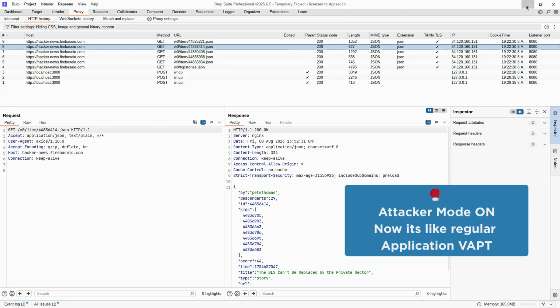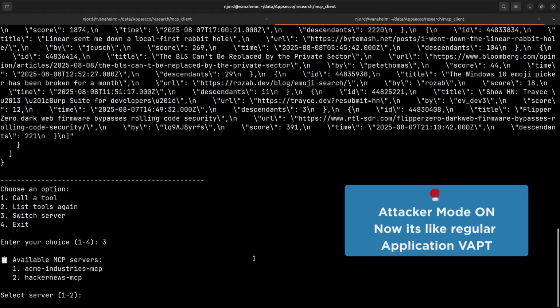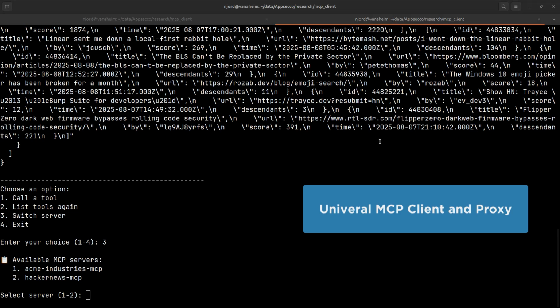Perform your standard backend API attacks that you can do on this MCP server, which otherwise would not have been possible if you did not capture the traffic in Burp. You can choose different MCP servers, rerouting their traffic through Burp, making this tool a universal client for